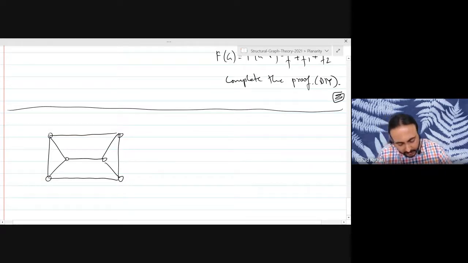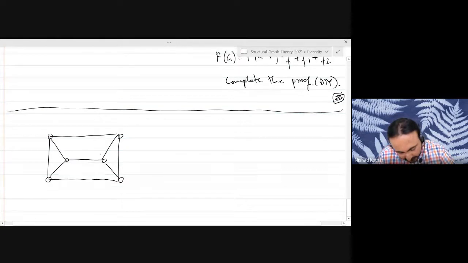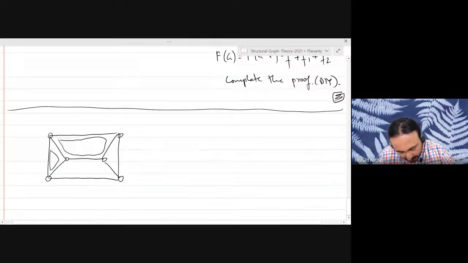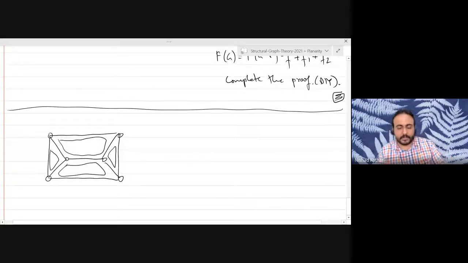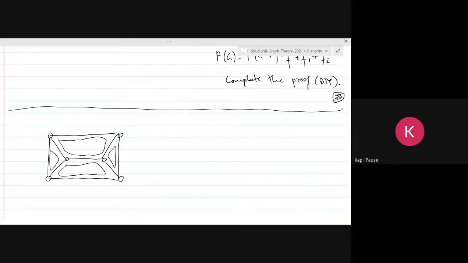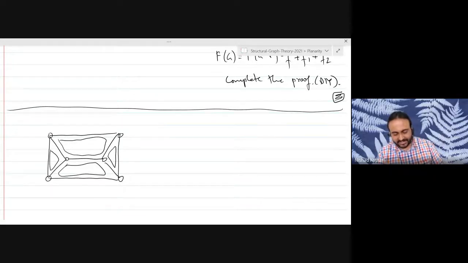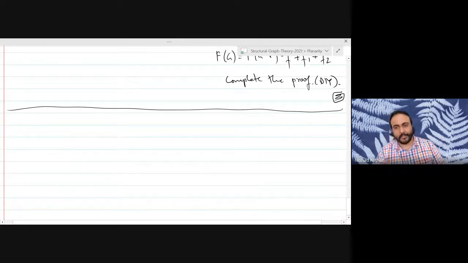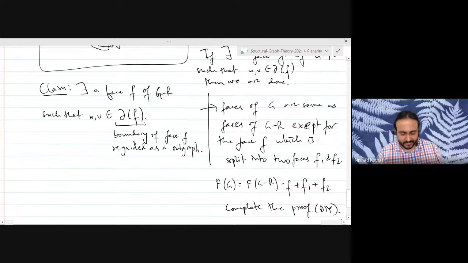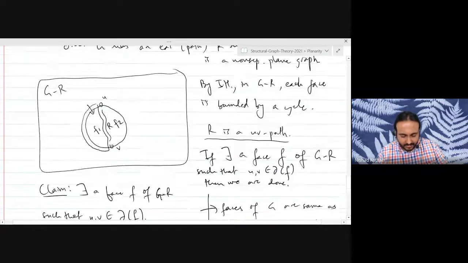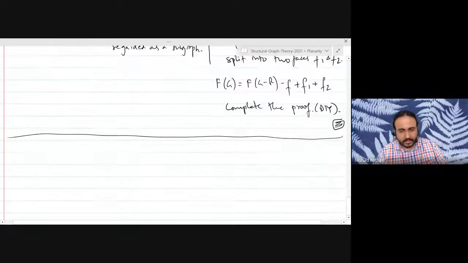So what he's saying is that you take all the faces except any one face, and that will give you a basis for the cycle space. It's not too difficult to prove, and it is at least true for non-separable graphs, from Euler's formula. Okay, I see. Good. All right. Any other comments?